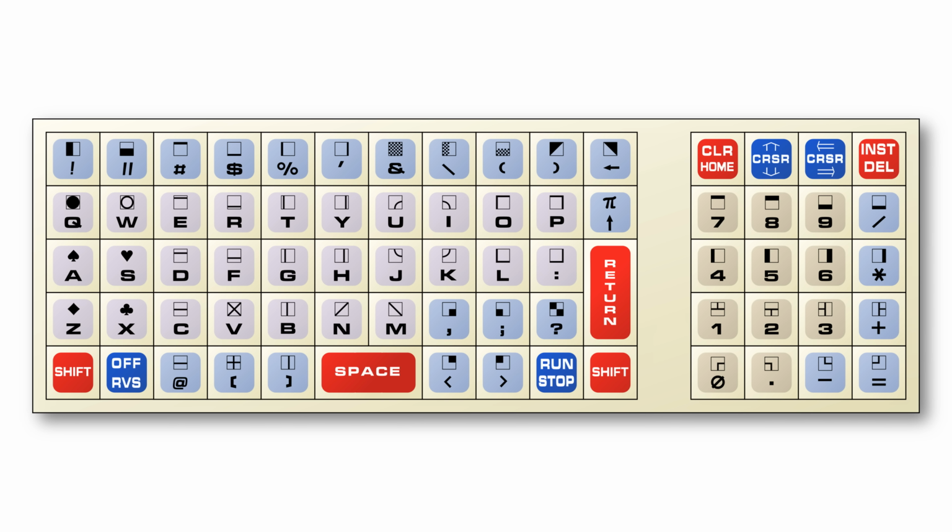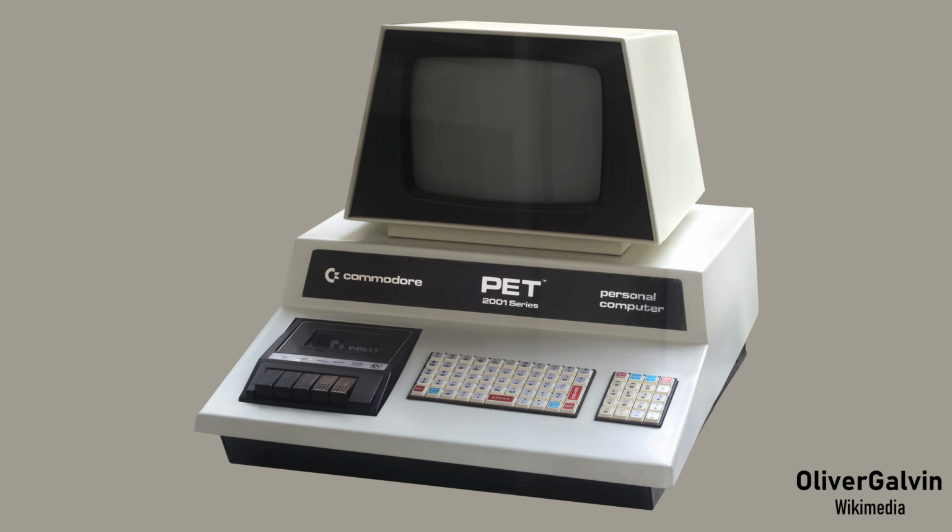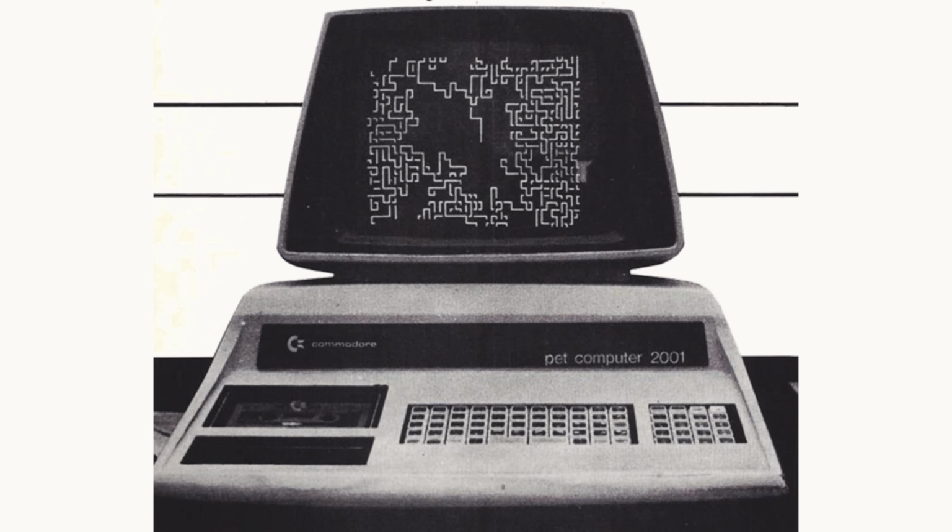The shift keys allowed the user to draw all kinds of shapes with special characters. Commodore didn't have a lot of money to make the case, but what they did have was a factory in Canada that made filing cabinets. What do you get when a filing cabinet maker is told to go ahead and make a computer case? You get this. The PET might have been shown off at CES in January 1977, but it took until October